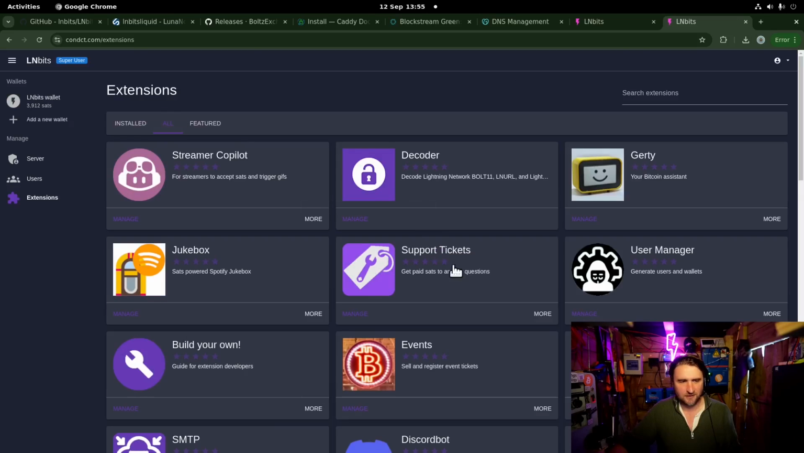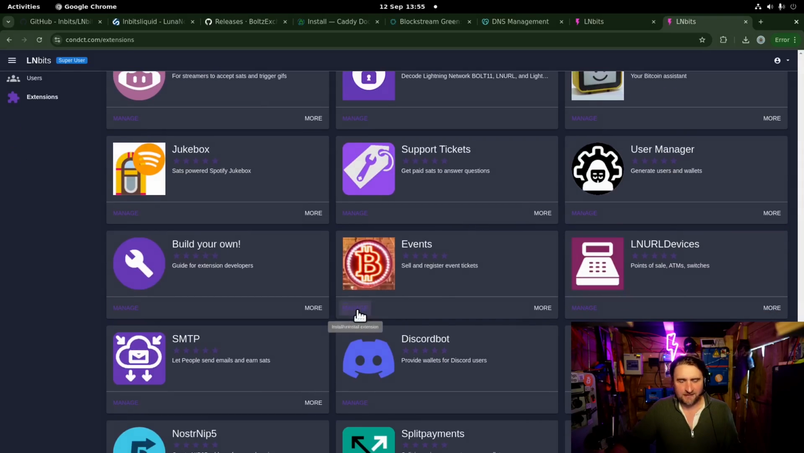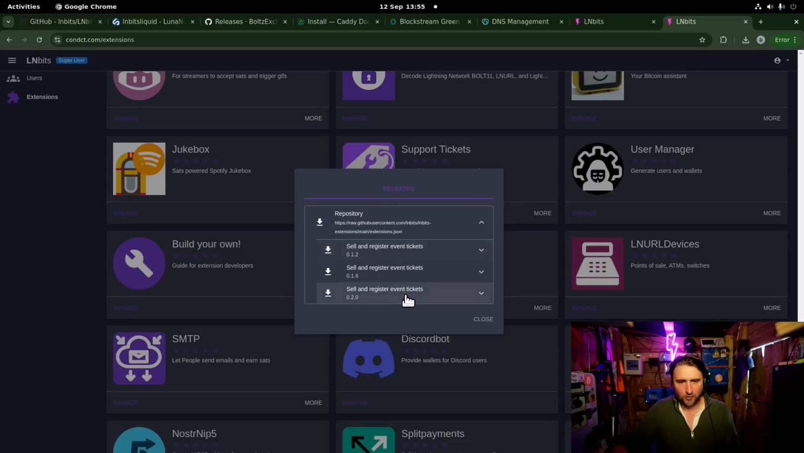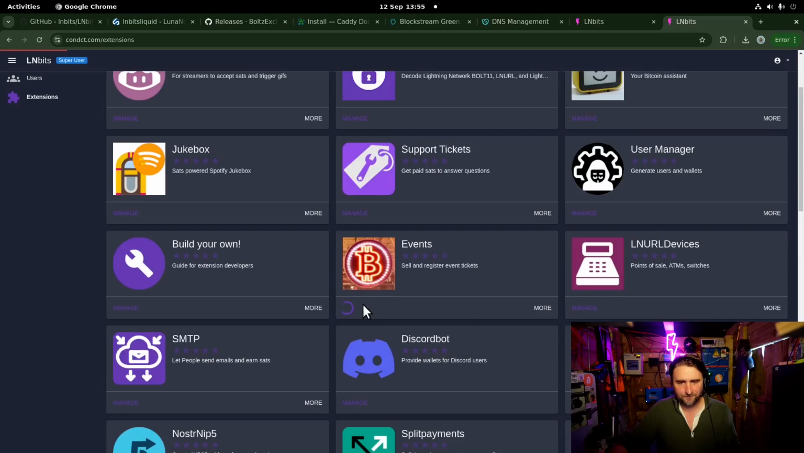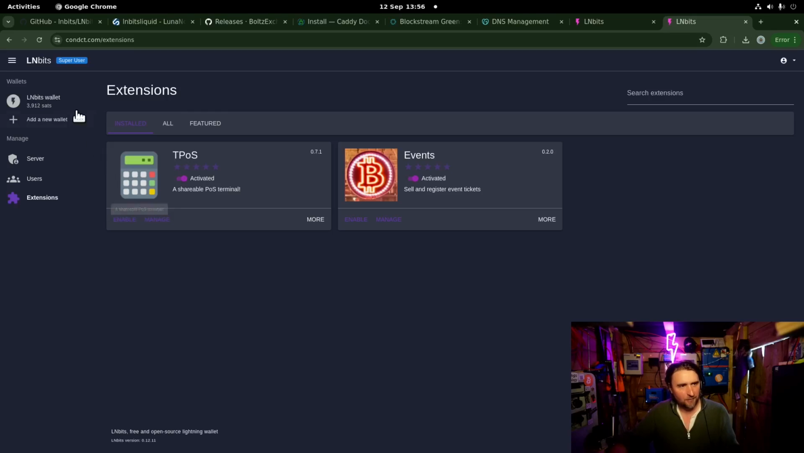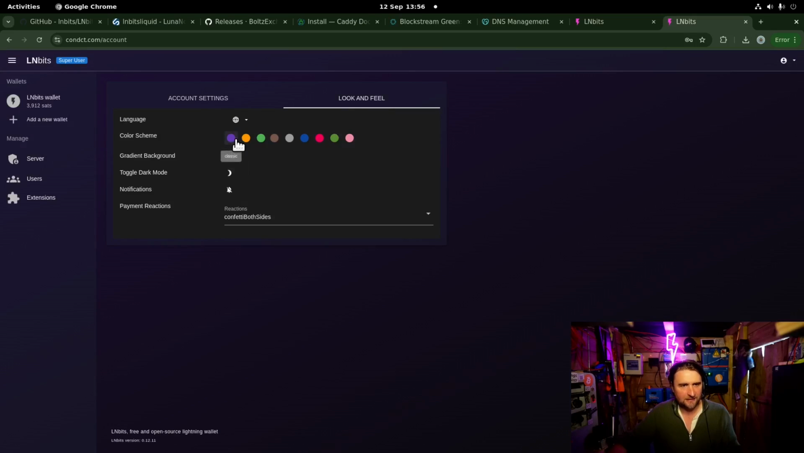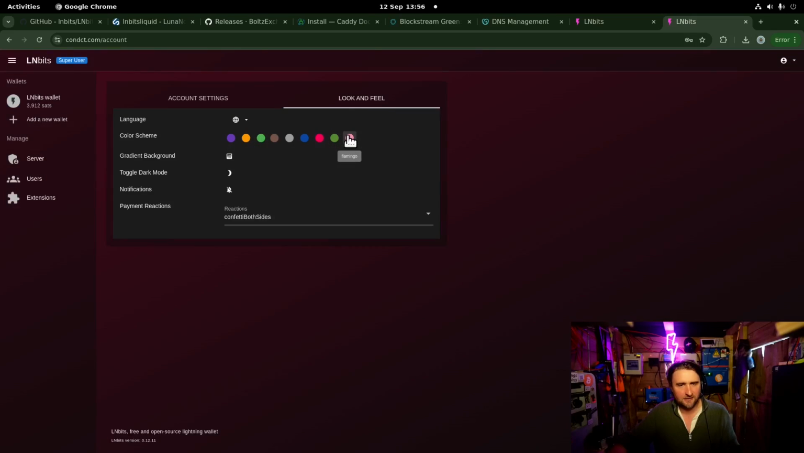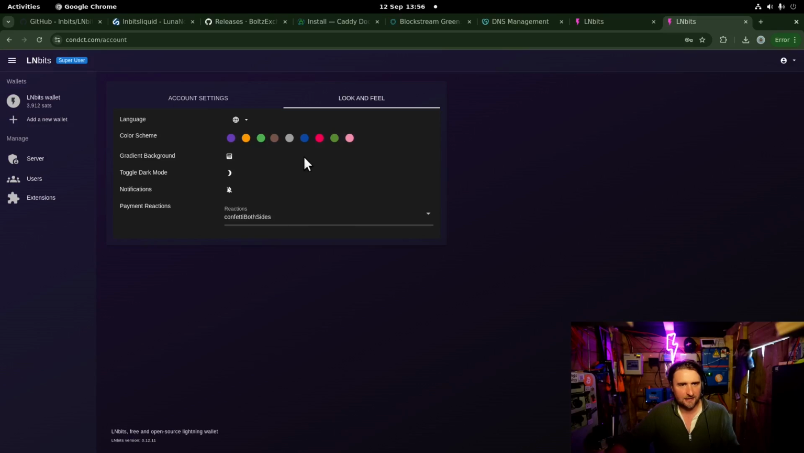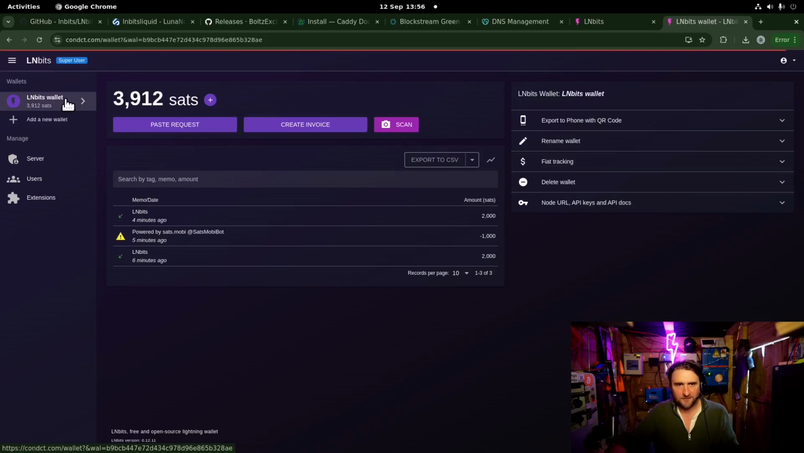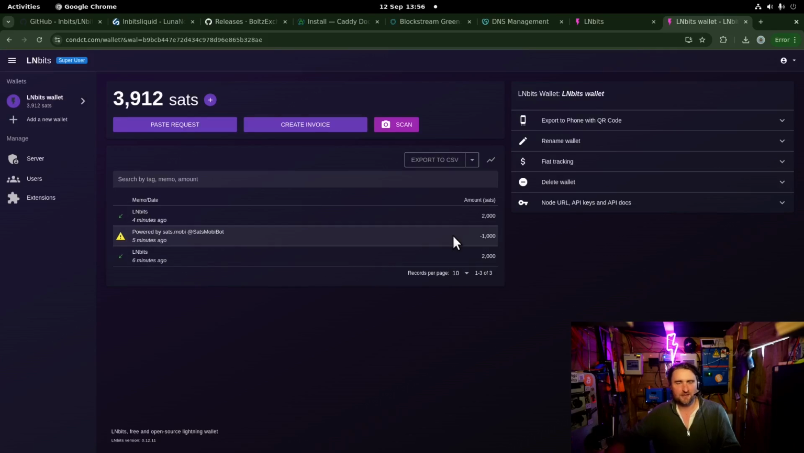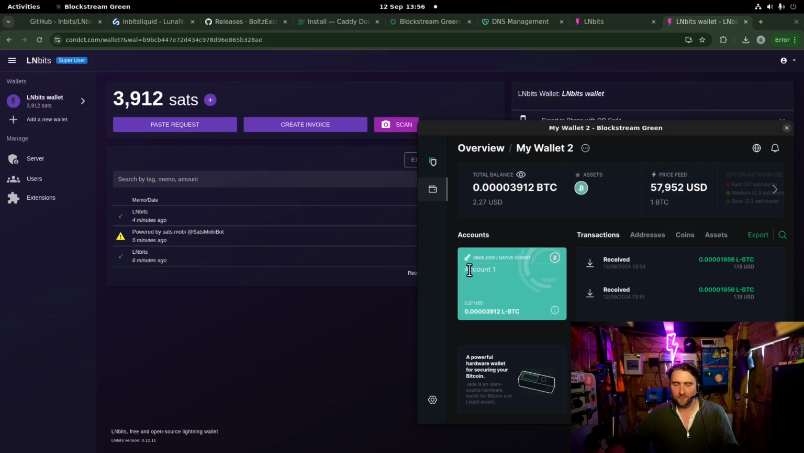What can we install? I know the events extension could arrange an event, a workshop, get people to pay for it. There we go. And your LNbits is set up. Well, actually, another feature I want to show you while I'm here is we've just recently had this lovely gradient feature added, and I really like it. So let's have a little look at that. If I go back to wallet there, beautiful. LNbits set up, running on Boltz,